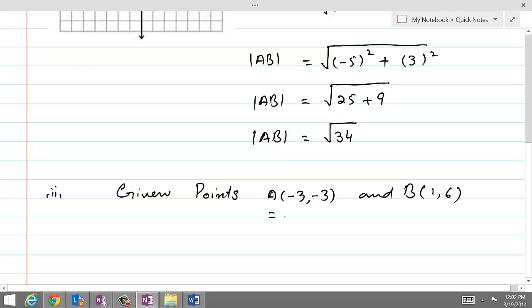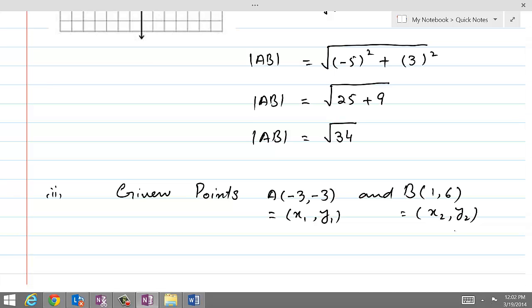Remember that the first point can be named x1, y1, and the second can be named x2, y2, so that the value of x1 is -3, y1 is -3, x2 is equal to 1, and y2 is equal